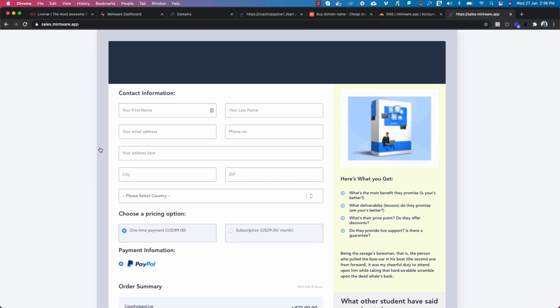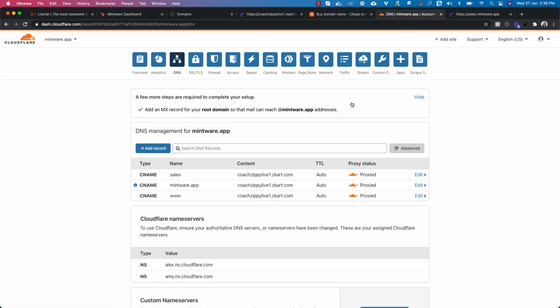And now you can change this process, but make sure that you have removed all A records which are not being used, or any A record which is duplicate or has already the subdomain which you are going to use in CNAME. So let's say if you have sales in A record, just delete that A record. If you have www or your website name, and if you want to connect those names with your page, you need to remove all the A records, and you need to recreate all the CNAMEs in your Cloudflare account.